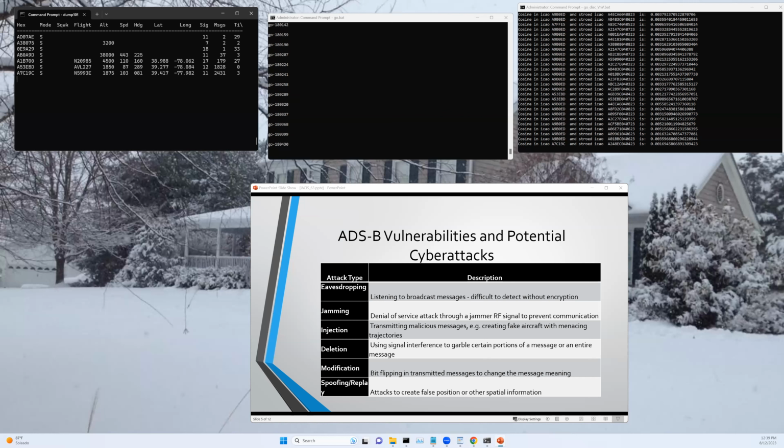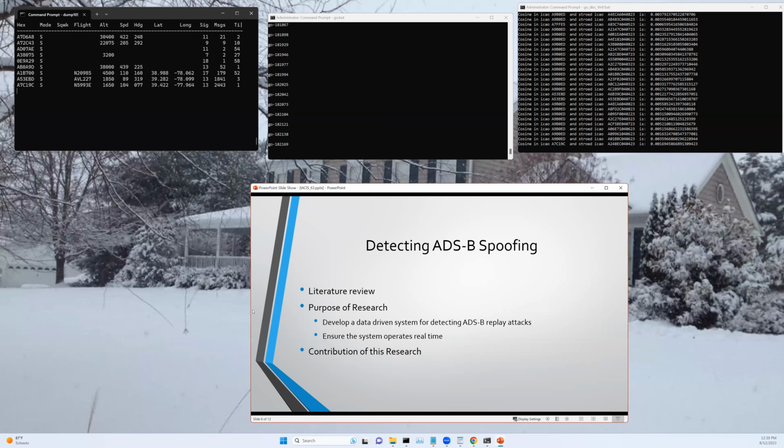Both of these can result in failure of traffic management by flooding the airspace with ghosts or falsely representing aircraft flight paths as being on a collision course. Spoofing attacks can be executed with inexpensive software-defined radio equipment and a PC. The purpose of ADS-B spoofing is to disrupt airspace surveillance or to hijack planes or drones.